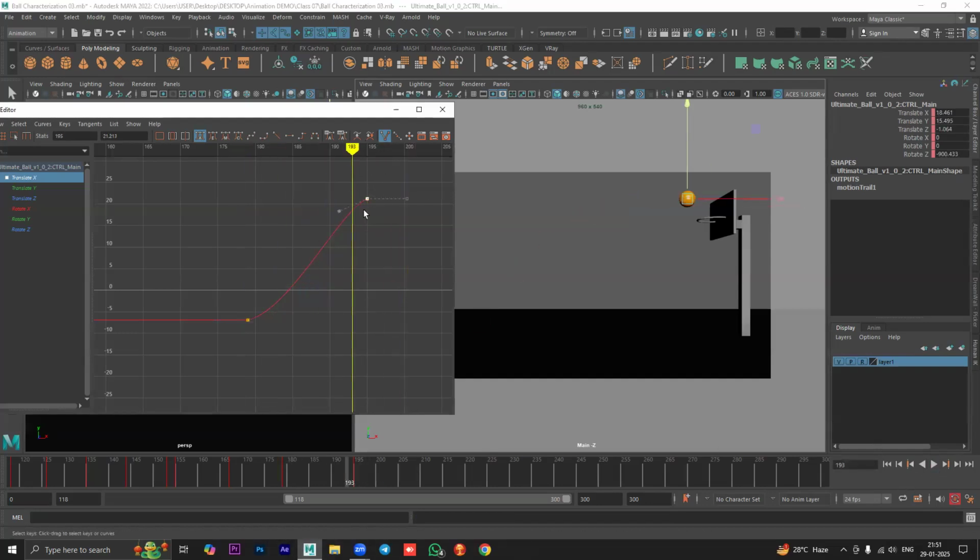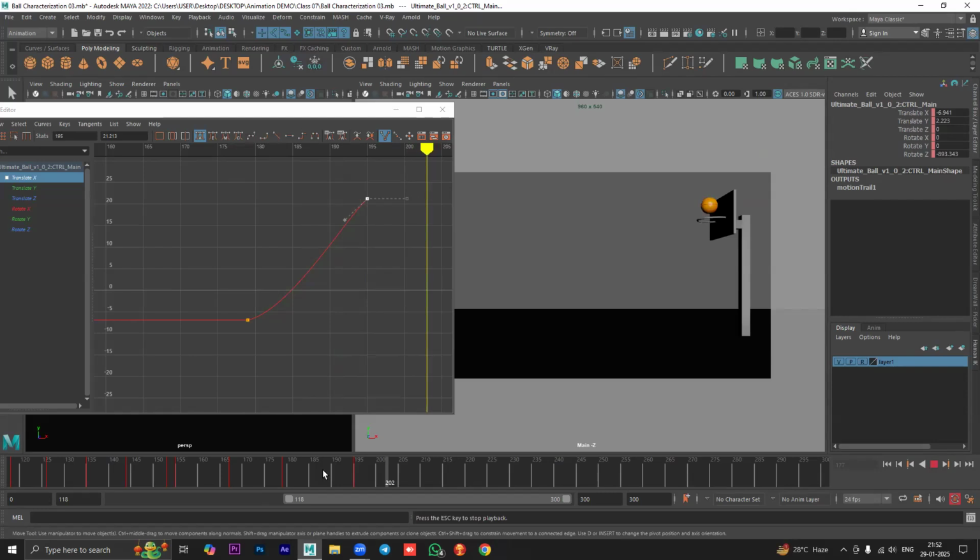So if you feel like the speed is still slow when it is hitting, you can make it even more steep. That will increase the spacing, right? See what was the case before? The ball was still closer to the basketball hoop right before hitting it. I want it to be even faster. So what I'll do, I'll obviously make it steeper. That way, the ball will be away from the board. That means at 194, it's at a very good distance. And then at 195, it hits. So you can see I just increased the spacing of the ball. And therefore, it looks like the speed is actually fast. Okay,